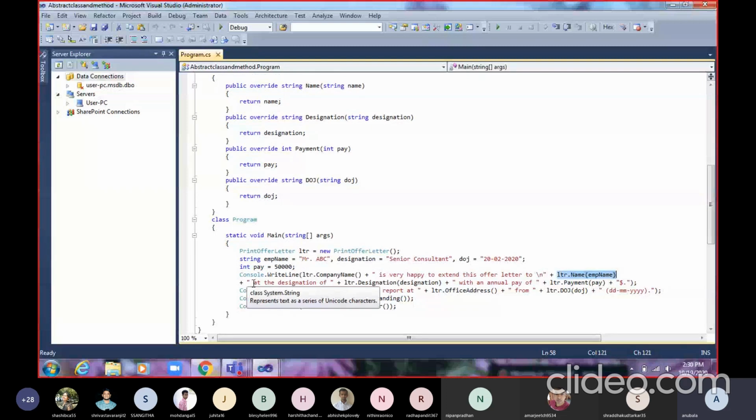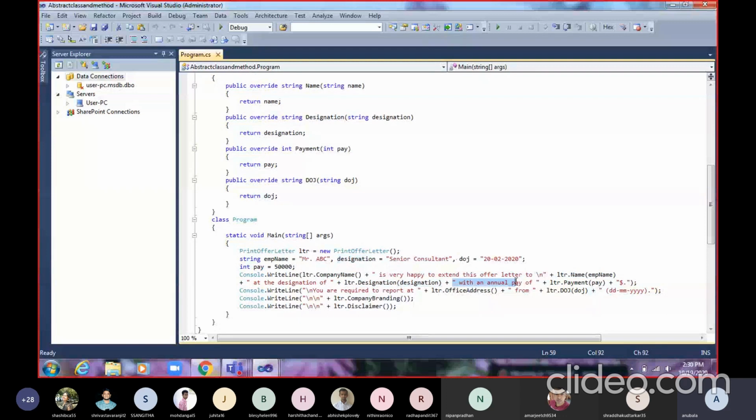To get the designation of that person, I will use the designation method, object dot designation, passing the designation variable, with the annual pay of.